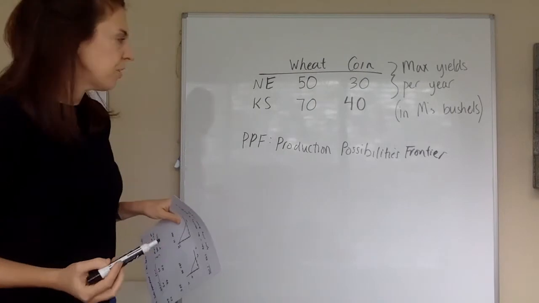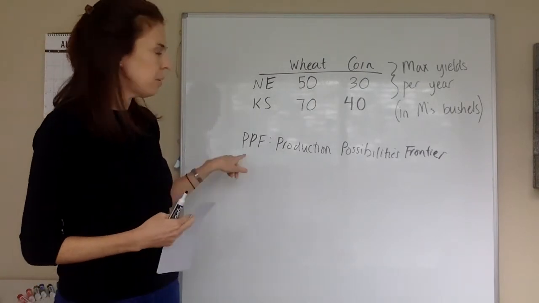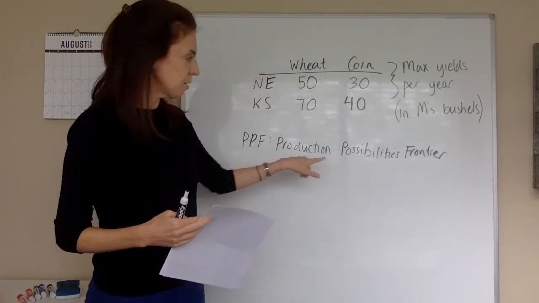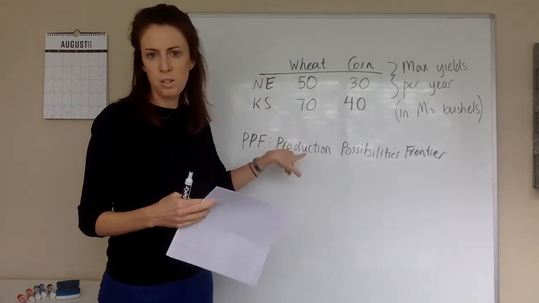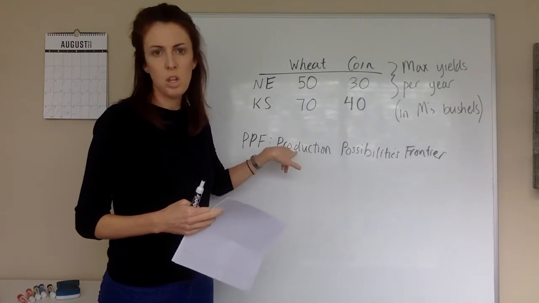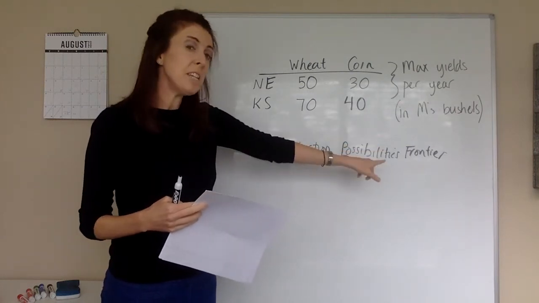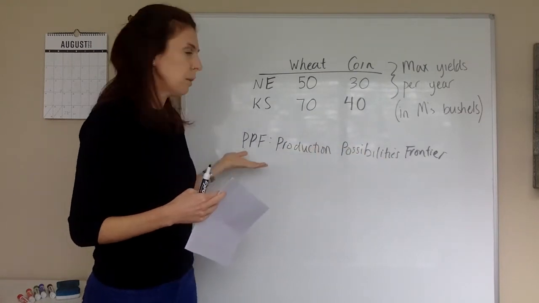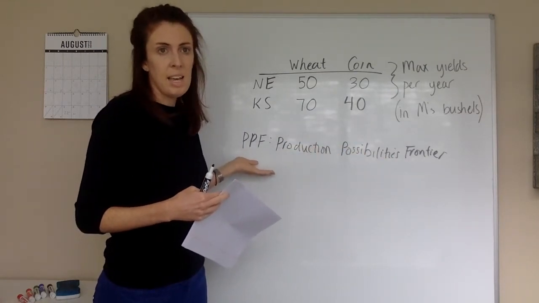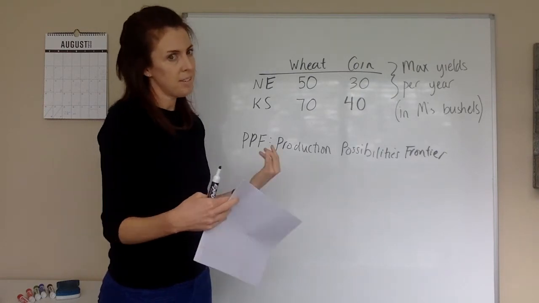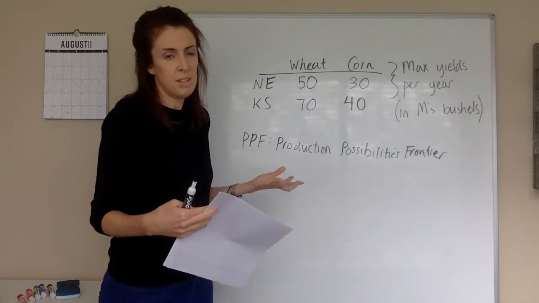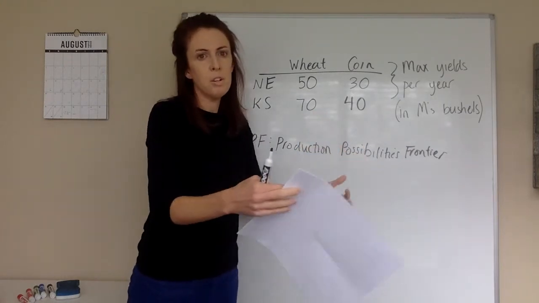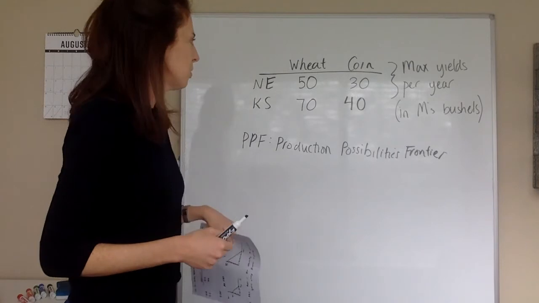Okay, the name is actually very descriptive. So what a PPF tells us is the frontier of what is possible for some person, state, country to produce. So in other words, since we're thinking about the frontier of what's possible, anything that extends beyond the PPF is feasibly impossible to produce. And if you're inside the PPF, then you're inside what's feasible, so it's definitely feasible for you to produce inside the PPF. But along the frontier, you're at the boundary of what's feasibly possible to produce.